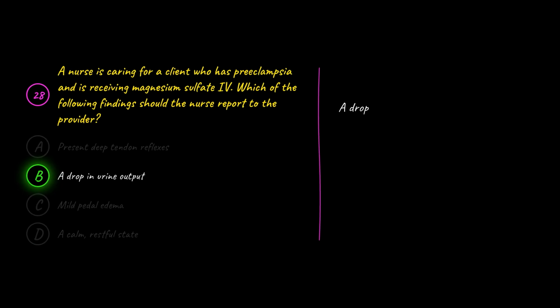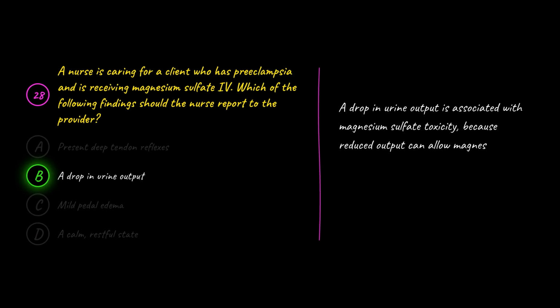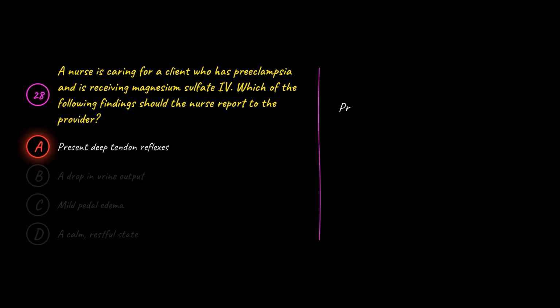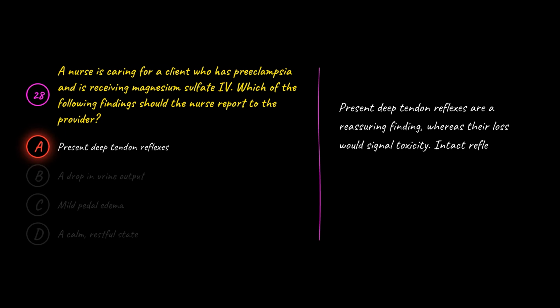B is correct because a drop in urine output is associated with magnesium sulfate toxicity, because reduced output can allow magnesium to accumulate. The nurse should report this finding and prepare to discontinue the infusion if toxicity in the client is confirmed. A is wrong because present deep tendon reflexes are a reassuring finding, whereas their loss would signal toxicity. Intact reflexes, therefore, do not need to be reported the way a falling urine output does in the client receiving